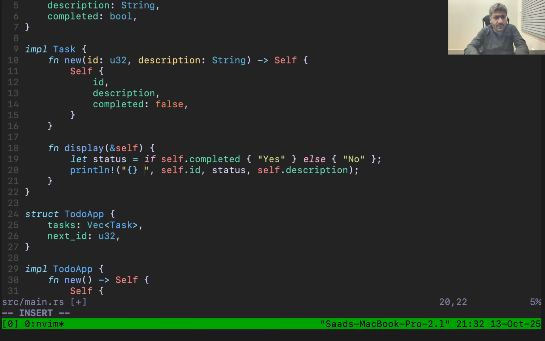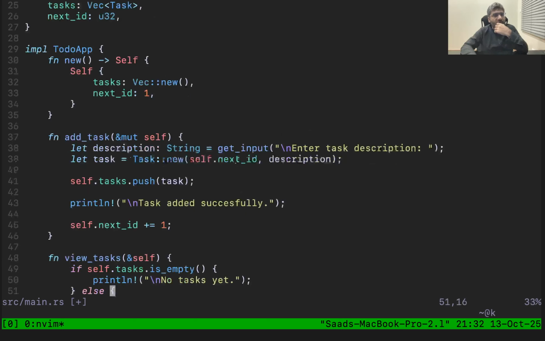And for that, I think we will use a different approach. Like we will add the left alignment with 5 columns for the id field, and we will add the 10 for the status and add the 54 for the description part. Okay, and also for the display part,